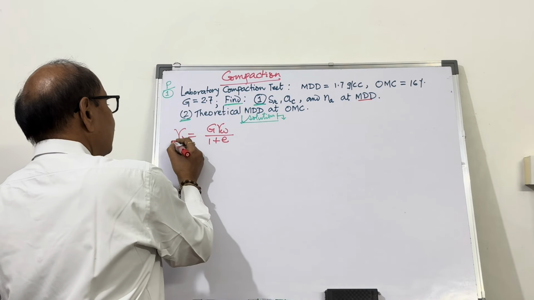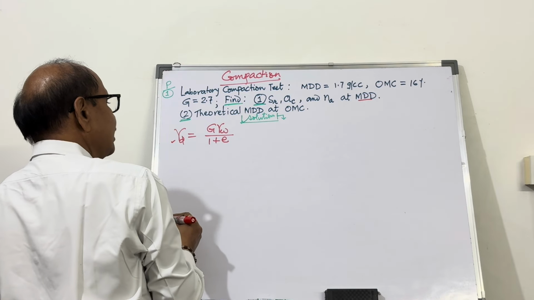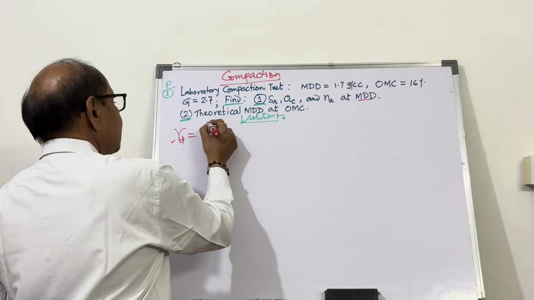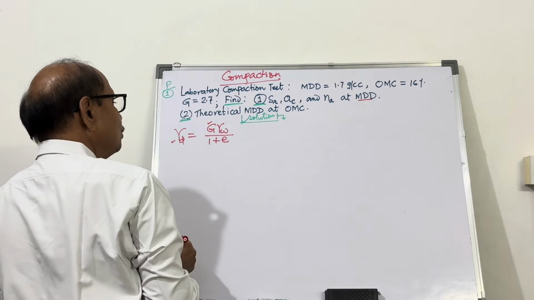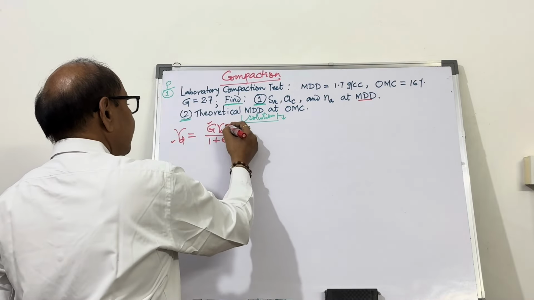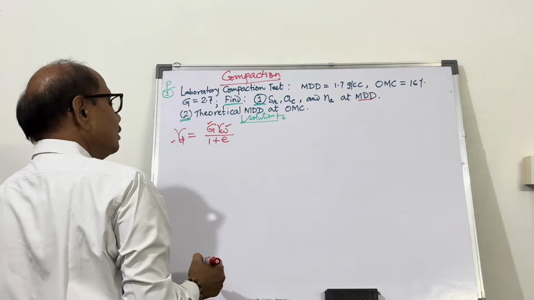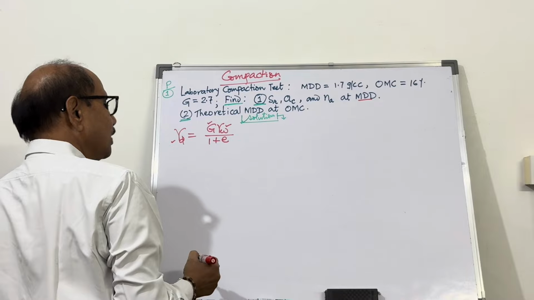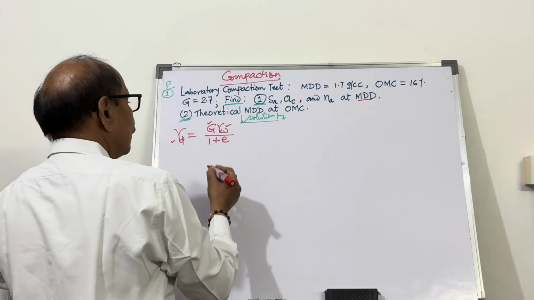Now here in this problem, gamma d is known to us, 1.7 gram per cc. G is known to us, 2.7. Unit weight of water is known to us, 1 gram per cc, and therefore